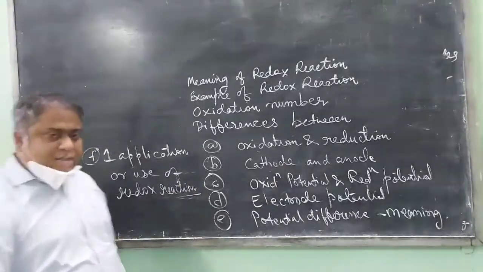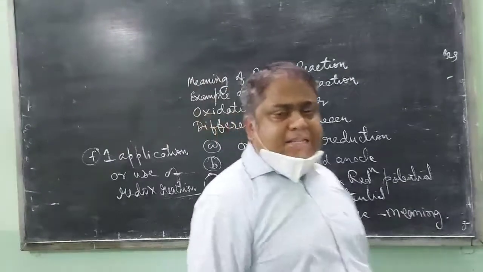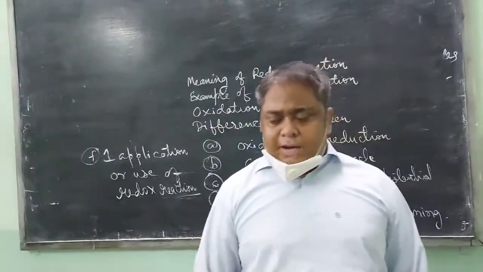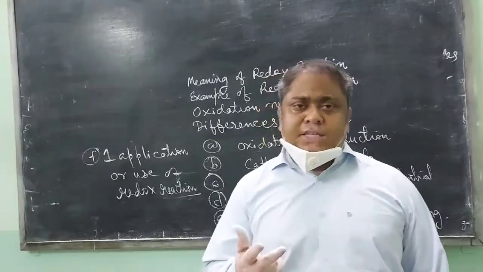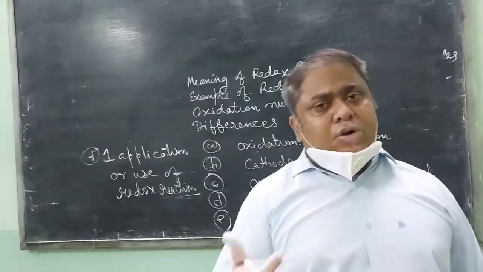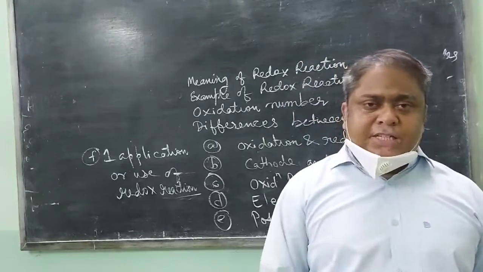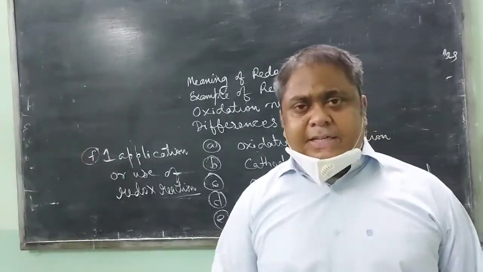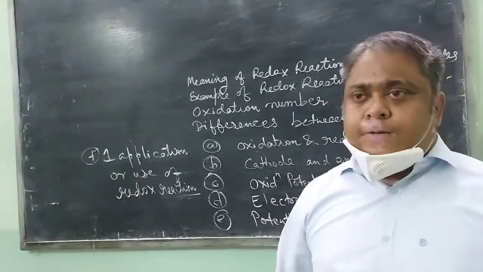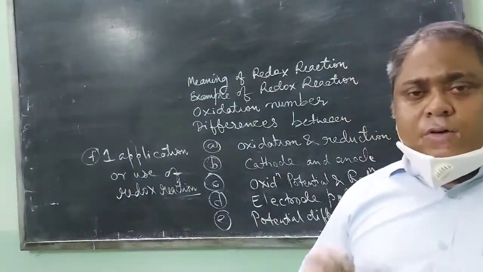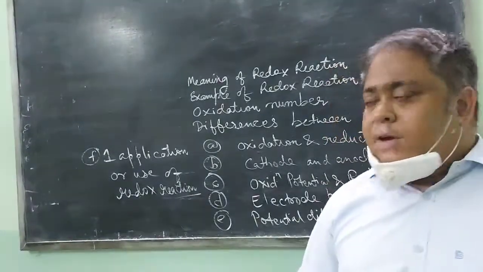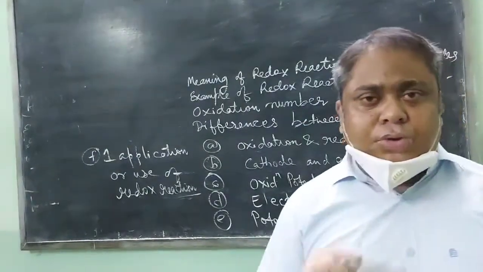In our next class, we will learn to balance the chemical reaction, and there are two ways of balancing the redox reaction. One is the ion electron method and another is the oxidation reduction method. Both ways I will be telling you in my next classes. For today it will be too much, alright. So please make notes of whatever has been told to you. I will be giving you a few reference questions to solve based on the topic taught to you. Alright, thank you.